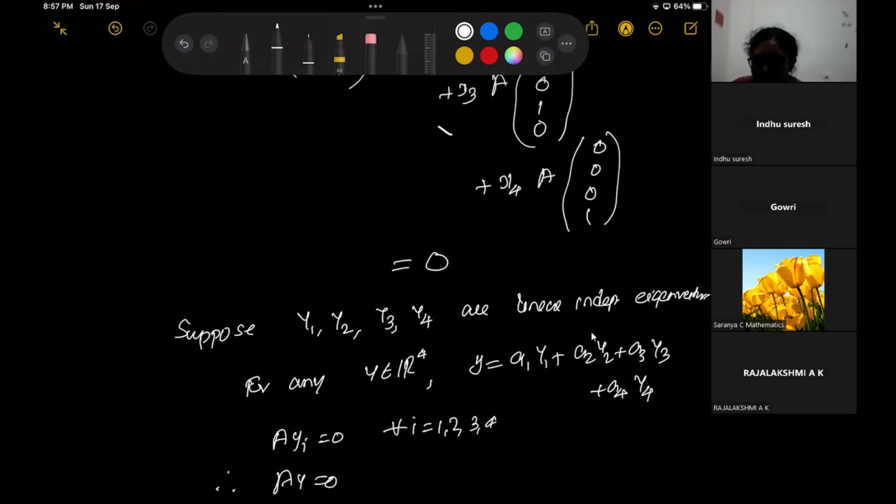Since they are linearly independent and there are 4, they generate the whole R4. So for any y in R4, we can write it as a1 y1 plus a2 y2 plus a3 y3 plus a4